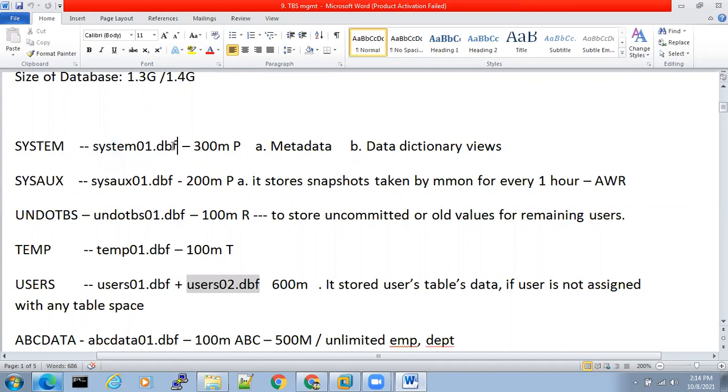For example, when the tablespace data file user01.dbf is completely full, meaning 32 GB is the maximum size that user01.dbf can grow, we will get an alert. Then what will we do as a DBA? We'll add one more data file. What is the name? That will be user02.dbf with the autoextend on option. Again, we will use autoextend on so that this can also grow till 32 GB. Understood?